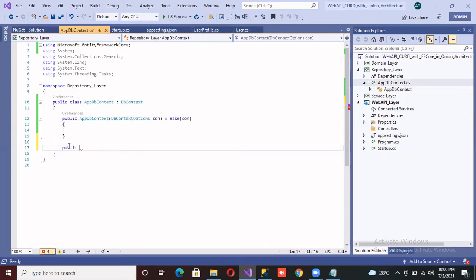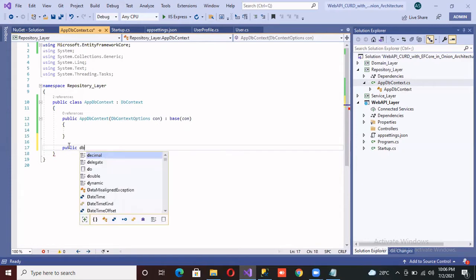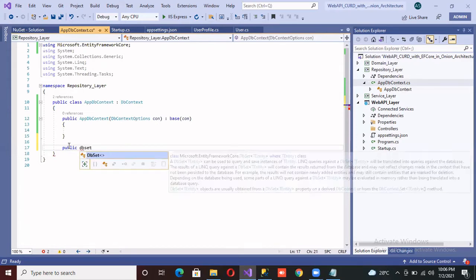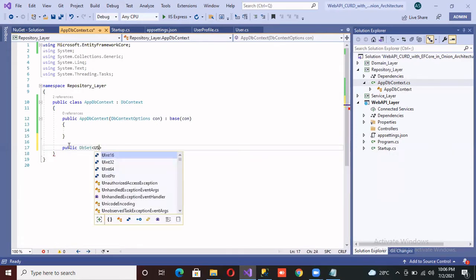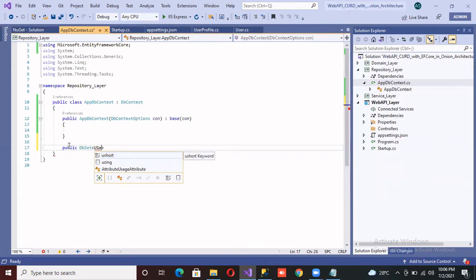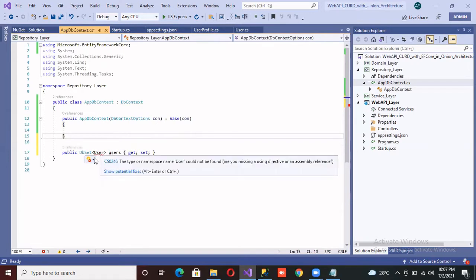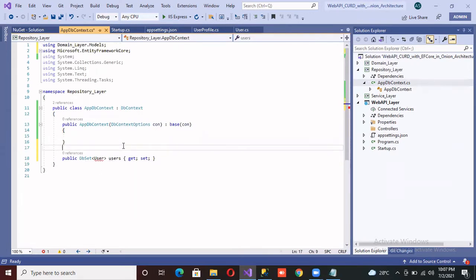Just hold on: public DbSet User, Users, get set. So this is a method to create the table. So which table do you want to create? This is a model, which is our domain.